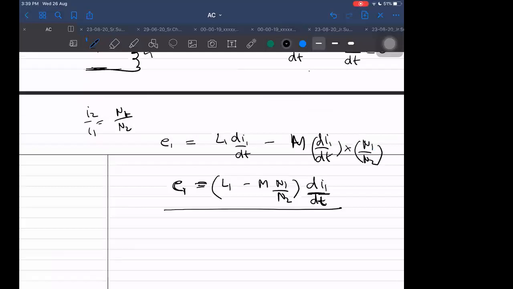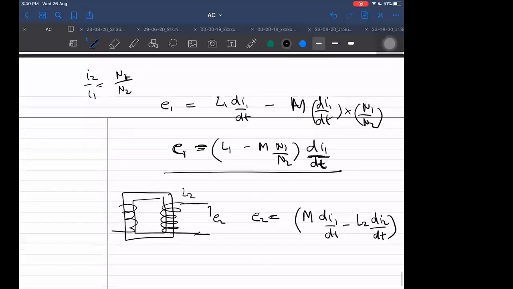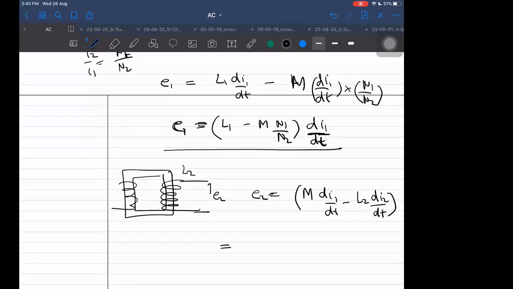What will be the secondary circuit equation? Let us say it has L2 inductance, and the effective equivalent diagram for this will become, now E2 is the EMF here, and the EMF will be produced because of mutual inductance here. So I can say it will be M into di1 by dt minus L2 into di2 by dt. That is E2. What is that coming out to be? Let us check it now. That is coming out to be M into,